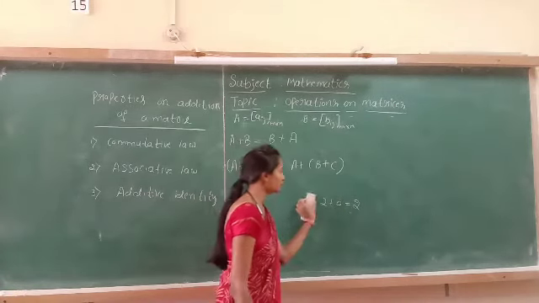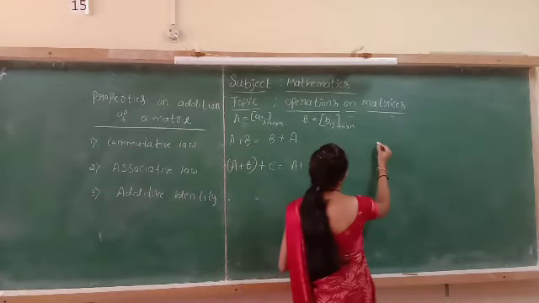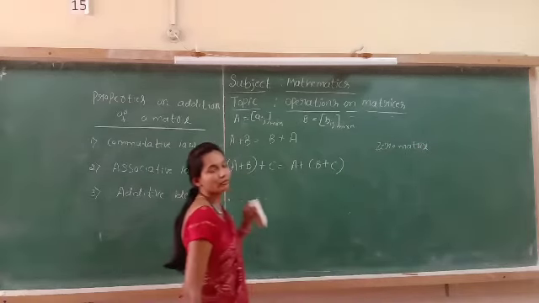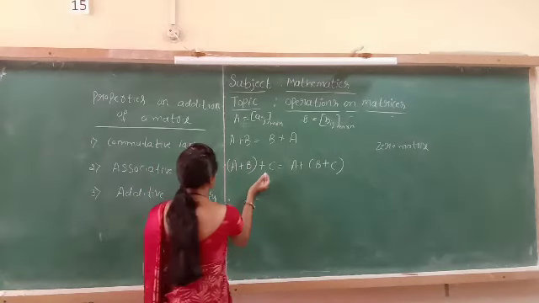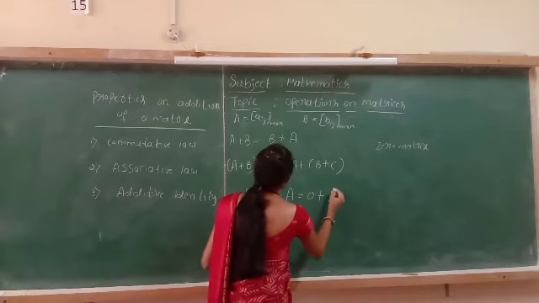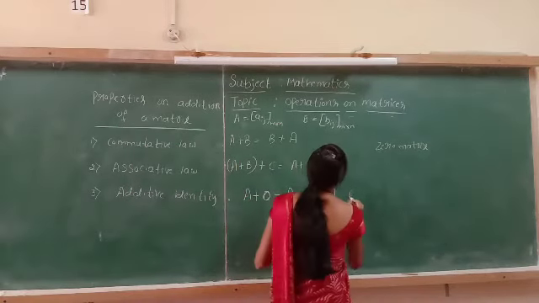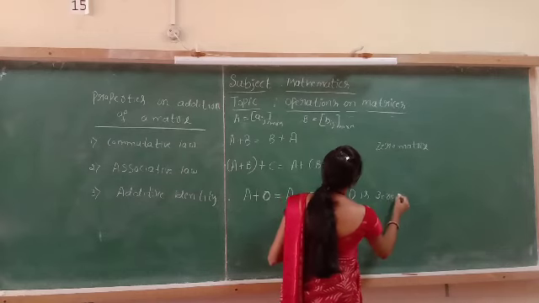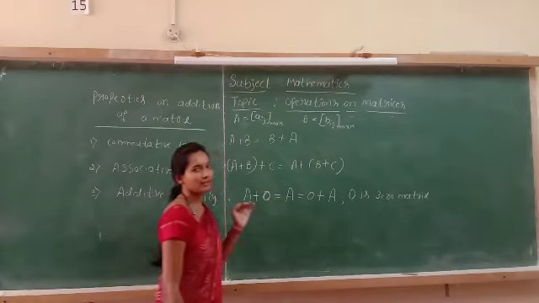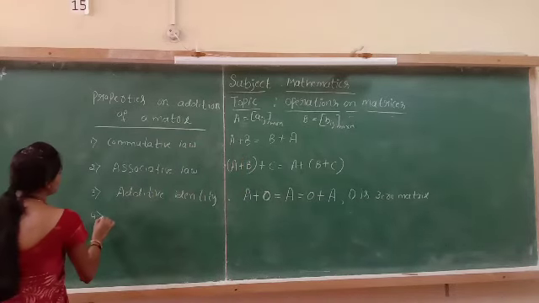You can take any number and add 0 to that number, and it gives the original number. So the additive identity for matrices is a 0 matrix. For every matrix, you can take 0. It is the additive identity for all the matrices. That is A plus O is equal to A. It can also be taken as O plus A. Here capital O represents the 0 matrix. For every matrix, you can add the 0 matrix of the same order, then the resultant matrix is the original matrix. And the last one is existence of